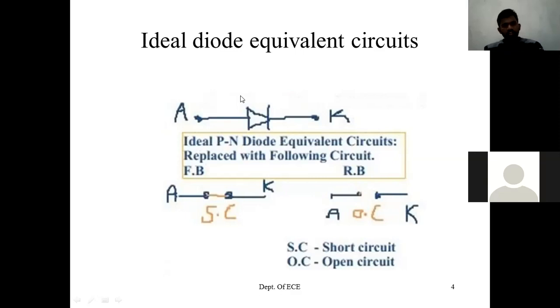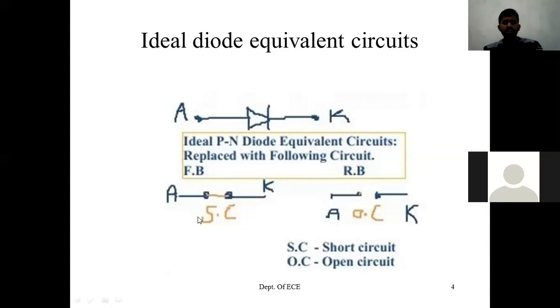So it is easy if you want to analyze any circuit which has a diode. If you analyze first with the help of an ideal diode, the understanding of the particular circuit is easy. Once you properly understand the circuit with the ideal diode, then you can incorporate the practical diode characteristics, all the equivalent circuits of the practical diode. Later you can analyze. So the main focus here is to understand the circuit which uses the diode. So first we will try to analyze with the ideal diode, then we will see with the practical diode. So this ideal diode, when forward biased, we will replace with a short circuit.